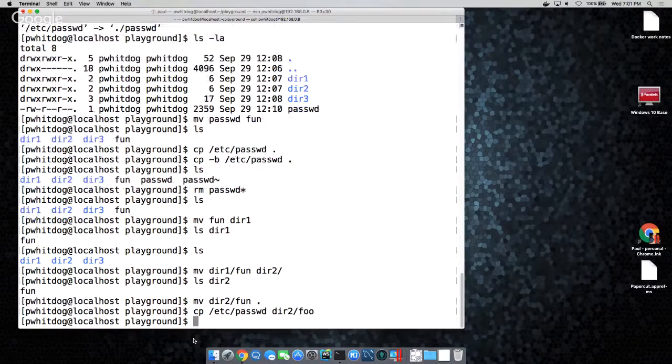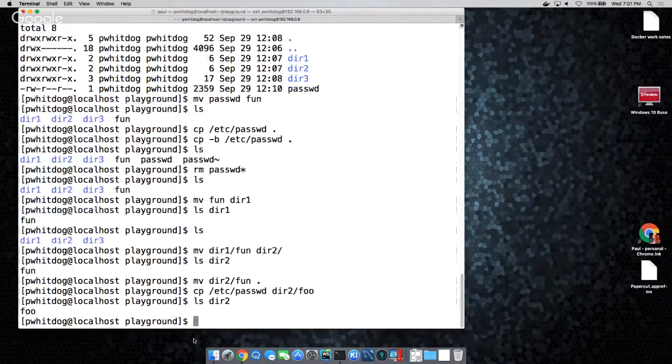That should work, right? Now ls dir2. So he moved it to the subdirectory and renamed it, right? Instead of putting dot, when we copied it, we gave it a new name. You can do both of those, right? The last piece is the file name, unless it's already a directory, then it will just move it with the same file name into that subdirectory.